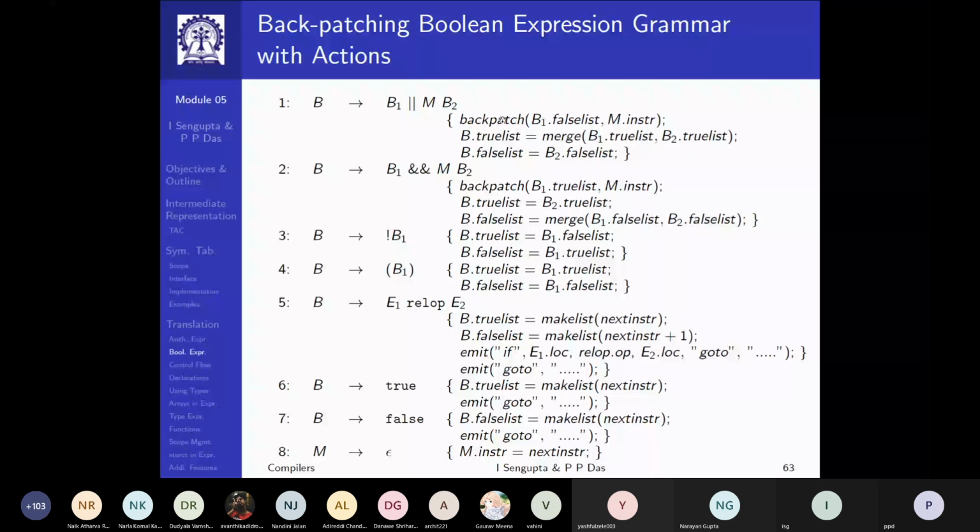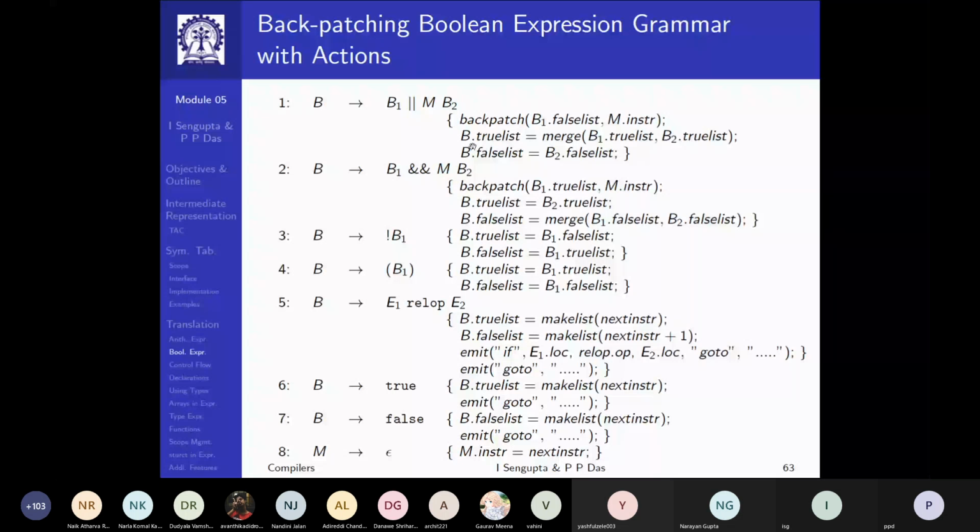The second is, what will be the true list? Obviously if B1 is true, then B will be true. You again do not know where it will go, because it depends on where B1 occurs. So the true list of B is the true list of B1.